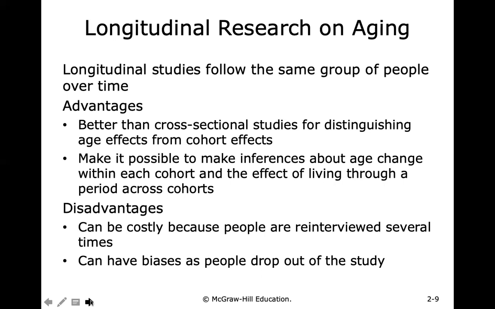So longitudinal research is going to be better than a cross-sectional study for distinguishing age effects from cohort effects, meaning how am I going to be able to determine that you're answering this way based on your cohort versus based